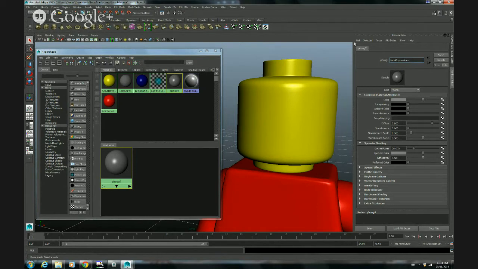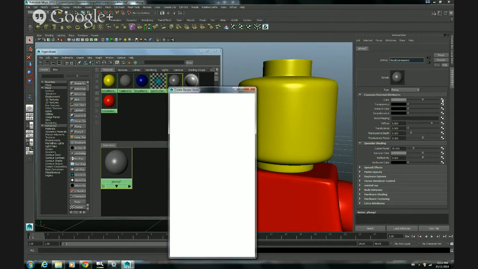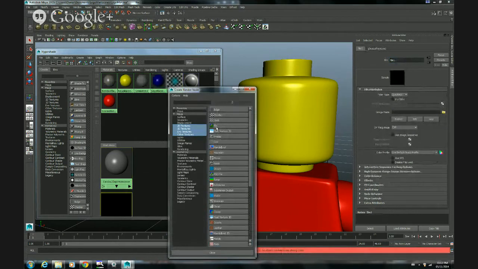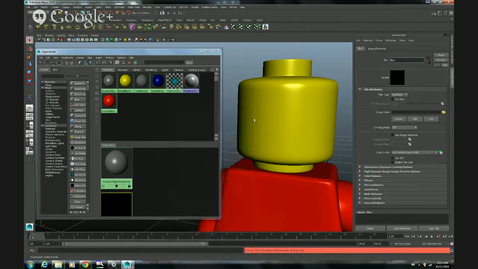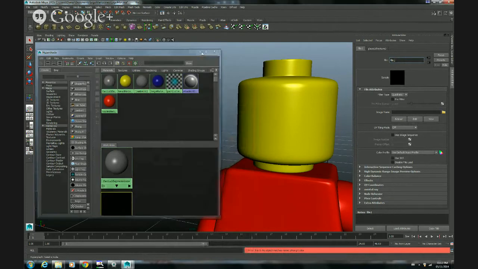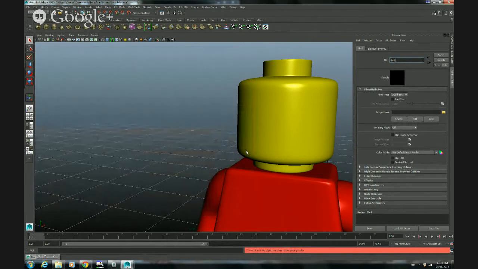And what I'm going to do here is in color, I'm going to add a file texture to it. Okay. And we'll come back and work a little bit on this one later on. But first, for now, what I'm going to do is I'm going to minimize this guy over here and jump into my